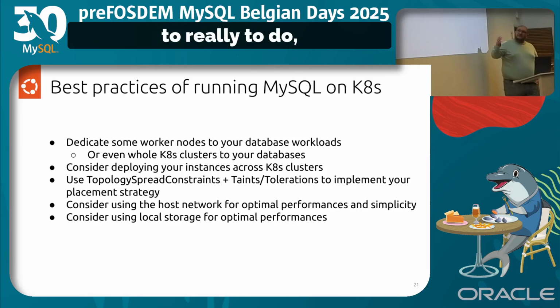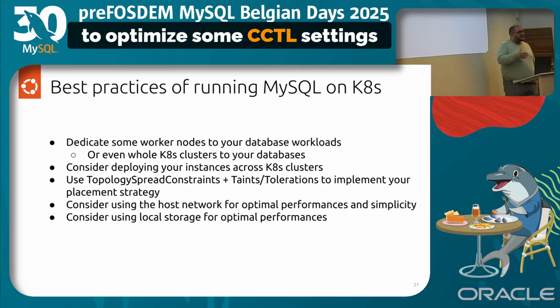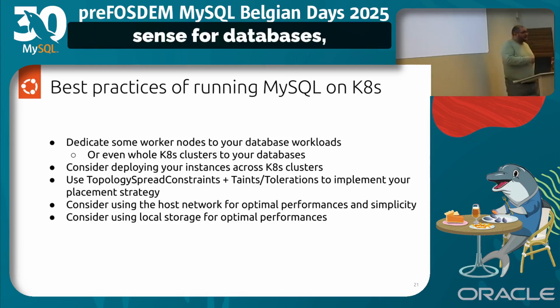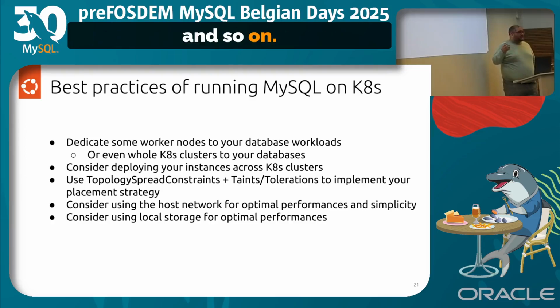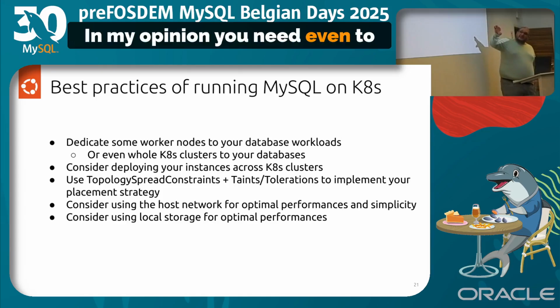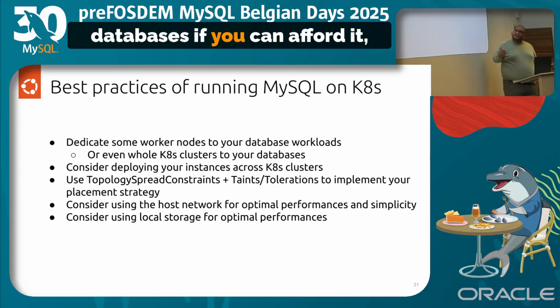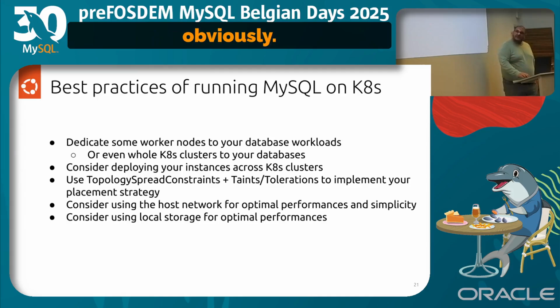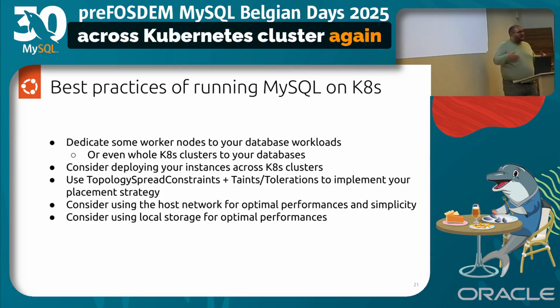The first thing to do, in my opinion, is to dedicate some worker nodes to your database workloads. Why? Because you might want to optimize some sysctl settings, and some of the sysctl settings that make sense for databases do not make sense for other applications, like the famous transparent huge pages. That's the minimum for me. In my opinion, you need to even consider using a dedicated Kubernetes cluster for your databases, if you can afford it, obviously. And I think you even need to consider deploying your instance across Kubernetes clusters,